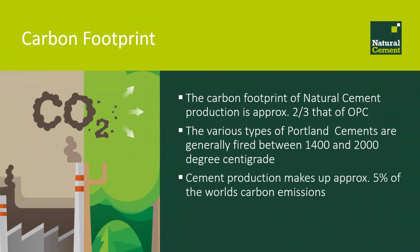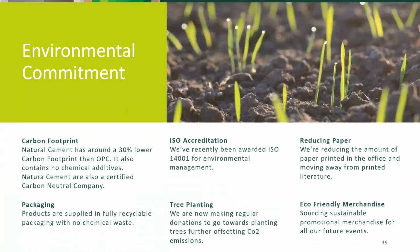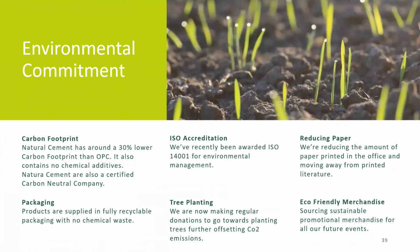But what we tend to find, especially in the last 3, 4, 5 years, obviously this is getting bigger and bigger for everyone. We've banged the drum that our products are more environmentally friendly than others. Now people are looking for much more in-depth information as opposed to the specific carbon footprints of getting the materials to site. What's going to happen to it in 100 years, and also what do we do as a company to be more sustainable as well. So as well as having a lower carbon footprint, and obviously not using chemical additives in the products,